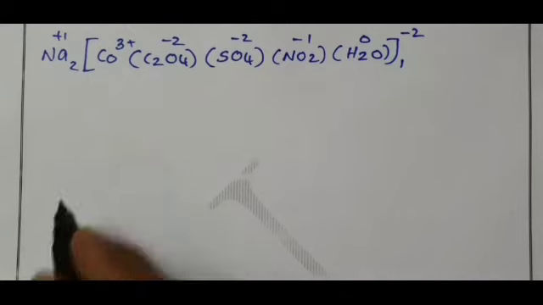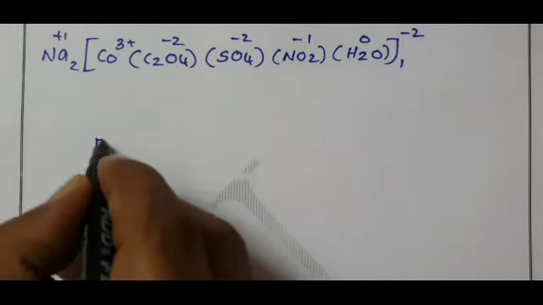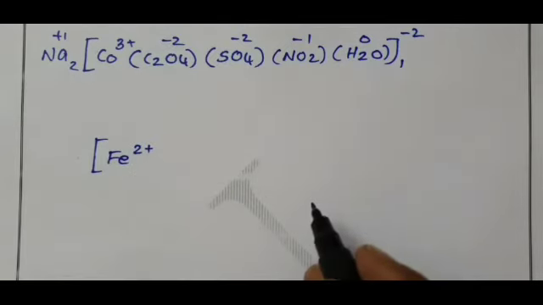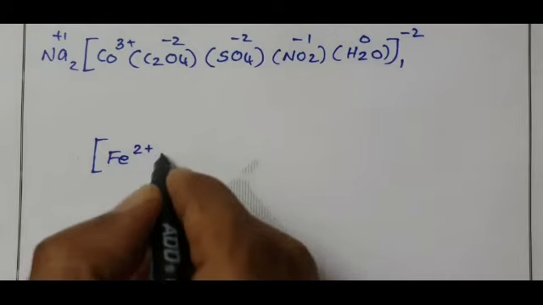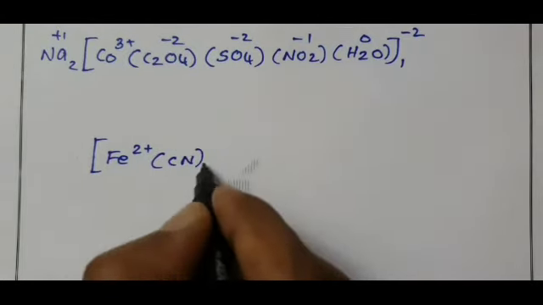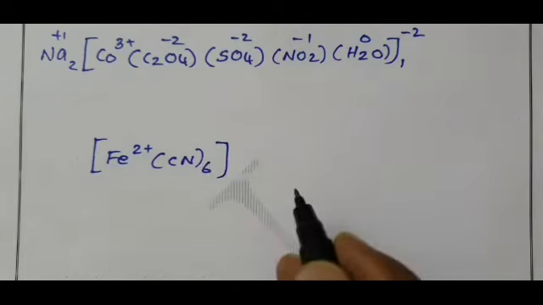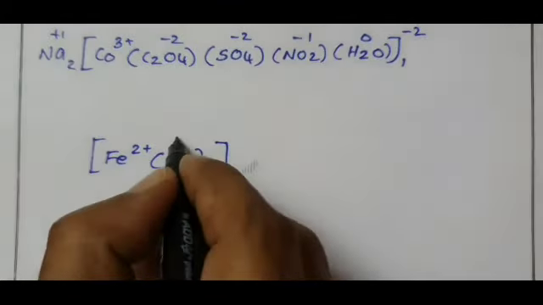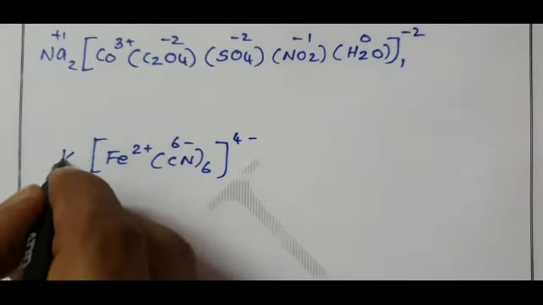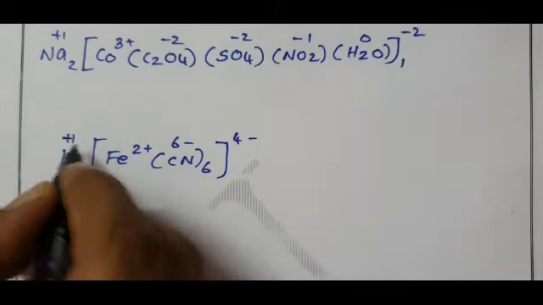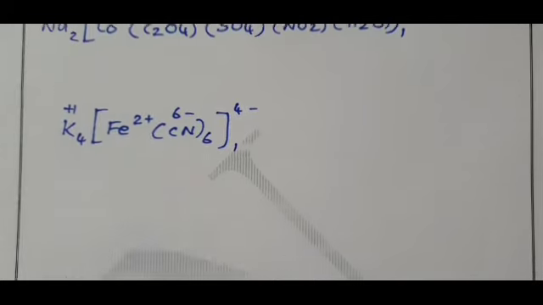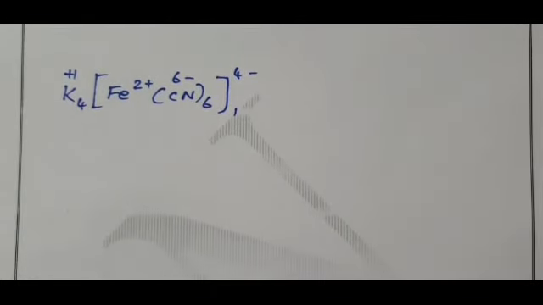Now come to iron complexes. By using Fe2 plus and Fe3 plus, we are going to write a number of complexes. Fe2 plus, coordination number 6. A simple, often used complex, coordination number 6, CN. 1 CN 1 minus, 6 CN 6 minus, when you add these two you will get 4 minus on the complex, that is neutralized by adding potassium 1 plus, that 4 is here, this 1 is there, K4[Fe(CN)6], common name is potassium ferrocyanide.